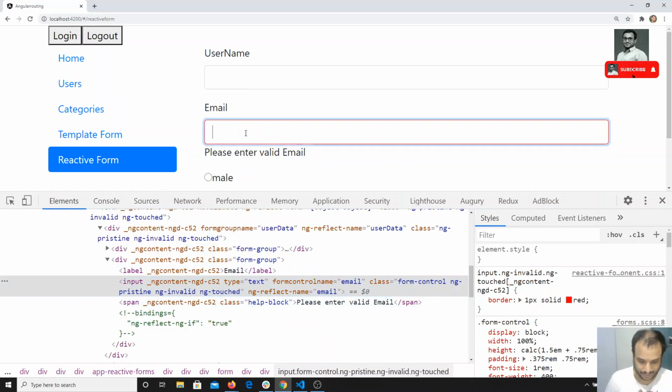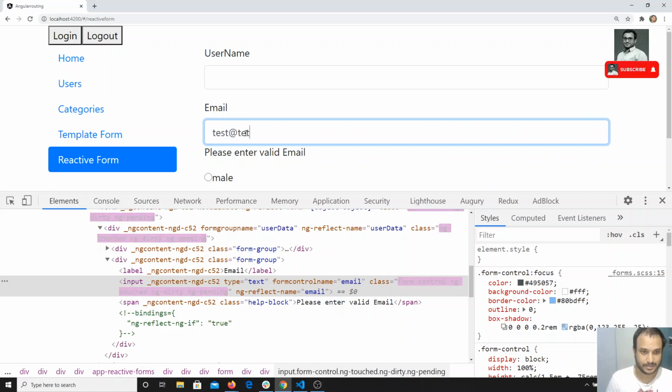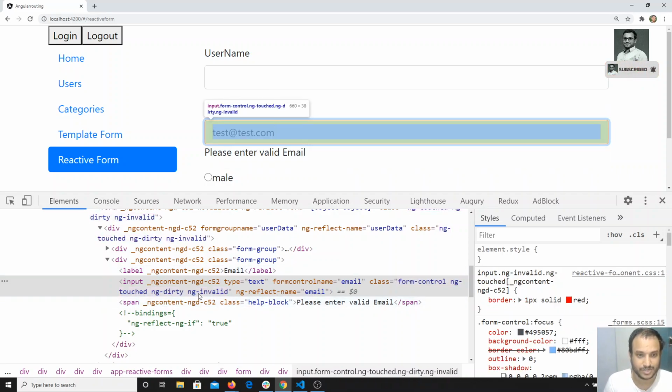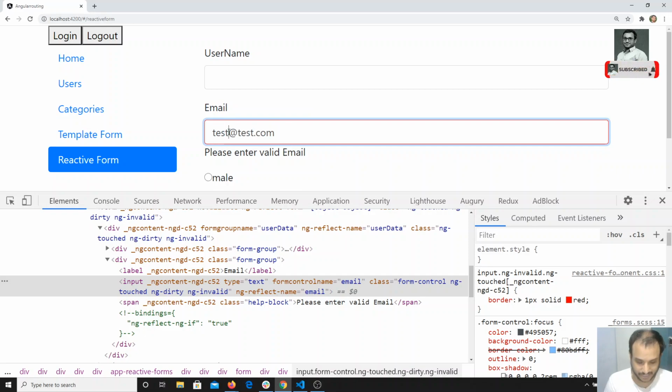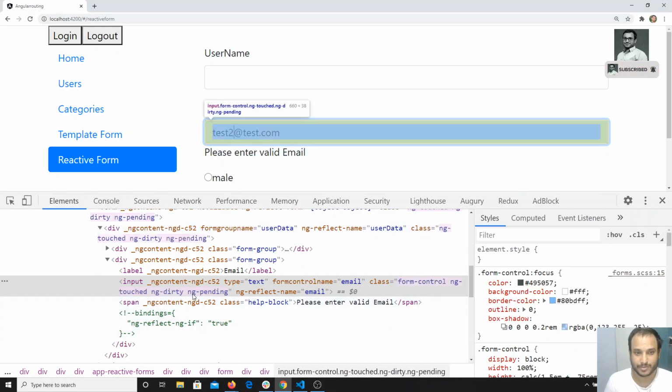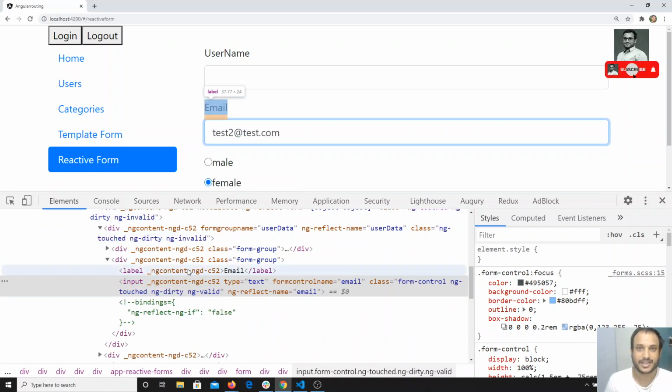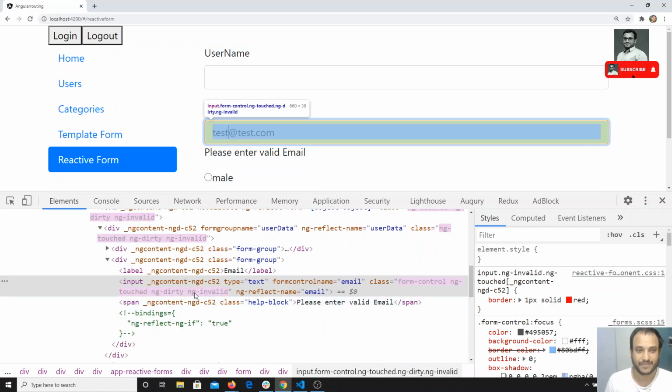So now I can go to this email field. Okay, so now here I will write test.com. If you see here, it is in ng-pending. If you observe that one, ng-pending. Why? Because it is making the call. So now it is invalid, because test.test.com we are not allowing. Now here I am writing test2, and here you will be able to see that ng-pending is there. Immediately it got ng-valid. So we are also getting an extra class, ng-pending. With that class you can show any loading symbol while getting the data from the server. We can show anything. But here test2 is valid. Now if I remove this one, again it is making the call, ng-pending, and we got ng-invalid.